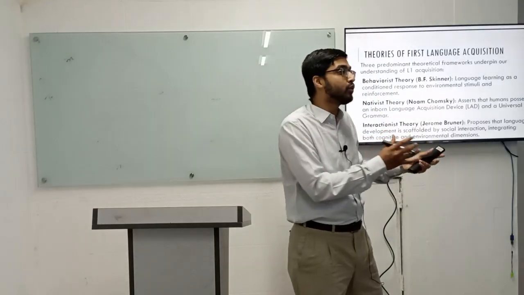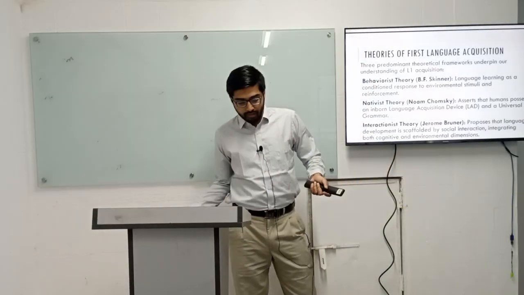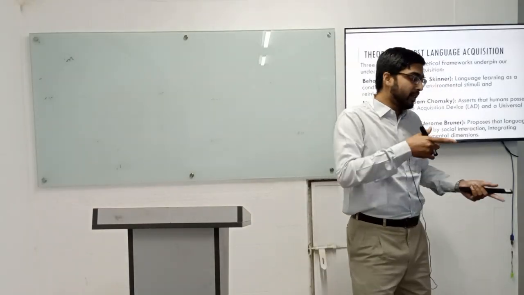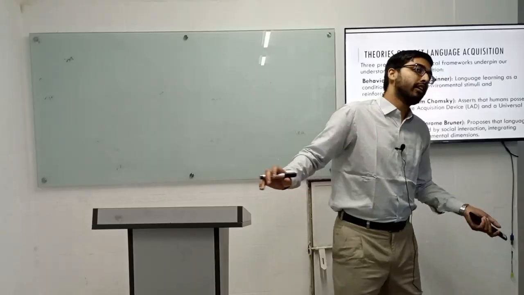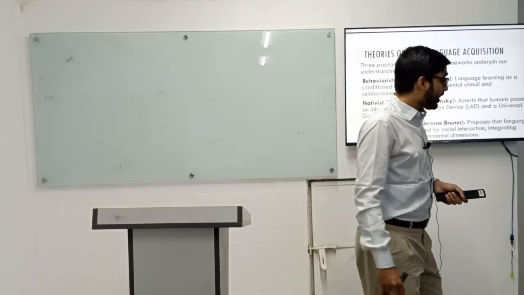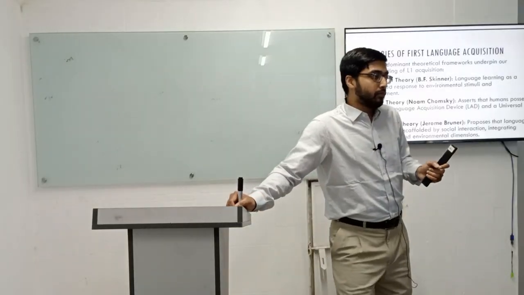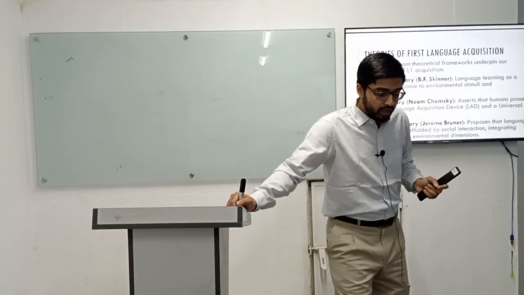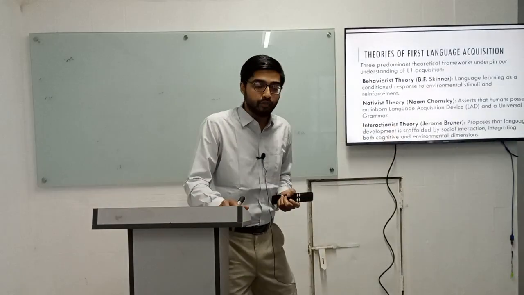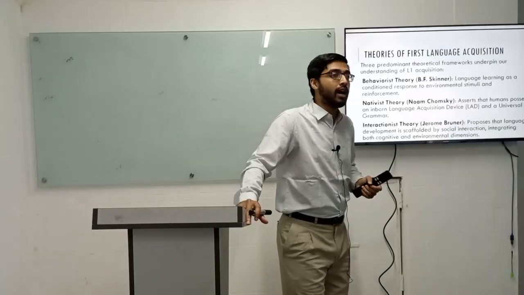Well, this is a cricket ball, this is a football, and this is a basketball. Okay? So these things first basically trigger some stimulus, and then I give it a reinforcement. This is called behaviorist theory. Behaviorist theories of first language acquisition. That means when we acquire our first language, we used to have it in our subconscious mind.